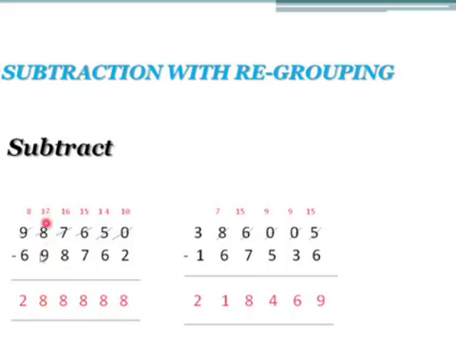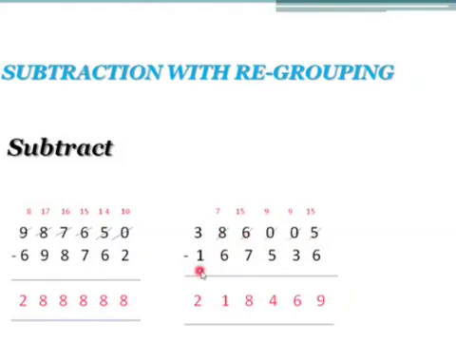Then here again 7 minus 9 is there. 7 is a small number, you cannot subtract. You should borrow from the other number, which is 9 here. If you borrow 1 from 9, here it will become 17 and the number there will be 8. So 17 minus 9 gives us 8. Then 8 minus 6 gives us 2. In this way we will subtract by borrowing. So the answer is 2,88,888. You have learned this in previous classes also. Right? Now let us see one more example.